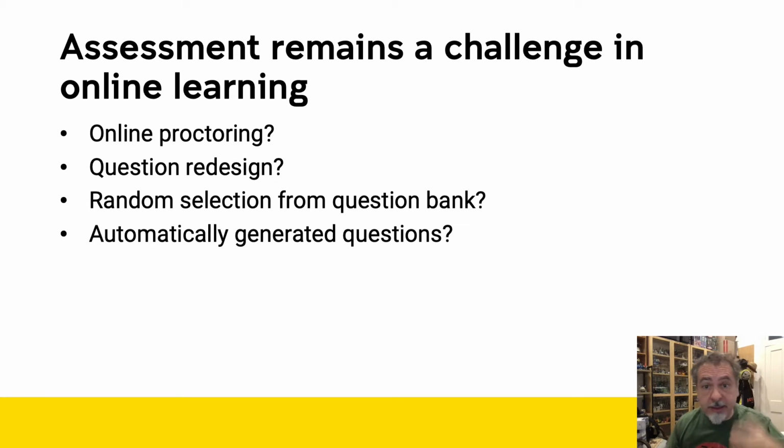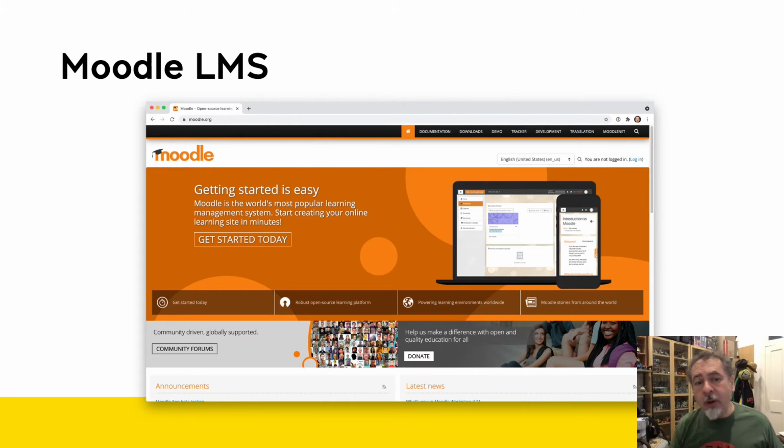So what can we do about it? One solution is online proctoring, where students are recorded taking the exam. Guess what? Students absolutely hate it. So the university ruled that out from the get-go. And what's left? Well, first of all, you can write new questions that require more understanding and thinking and less parroting of facts, as well as that you can try to minimize the extent to which students are going to share their answers. So the framework for this is Moodle.